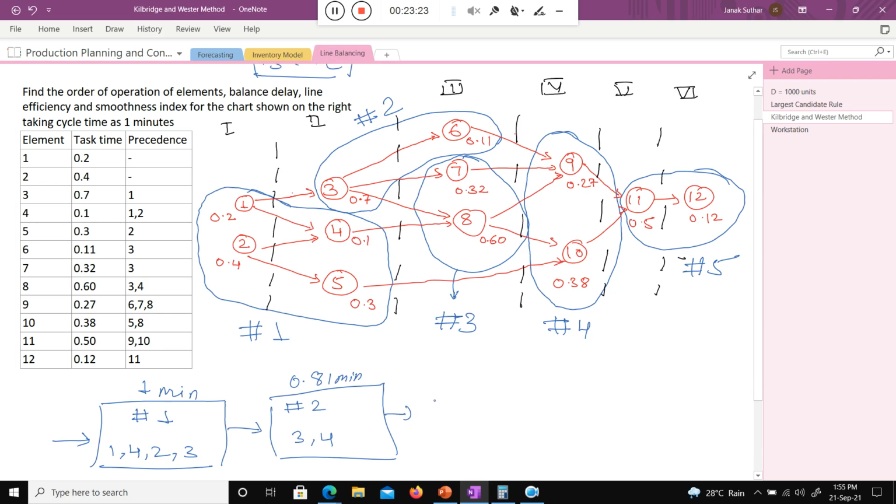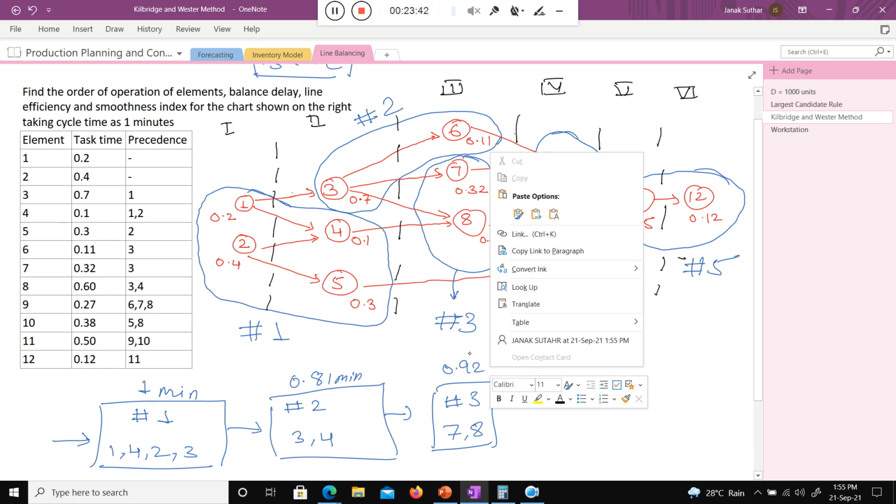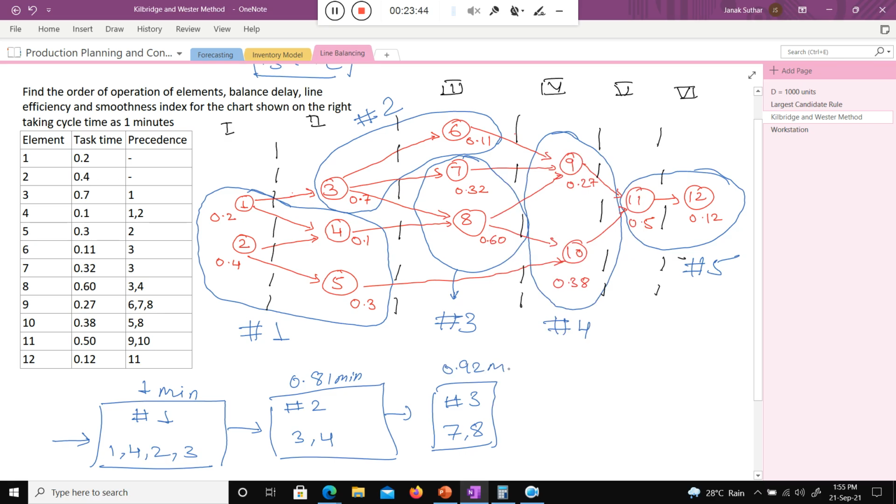Then I will go for workstation 3. In workstation 3, 7 and 8 both are there. And what is the time here? 0.60 and 0.92. Then workstation 4, their time is 0.27 and 0.38, 0.65, right?